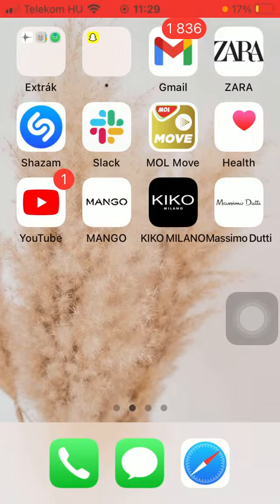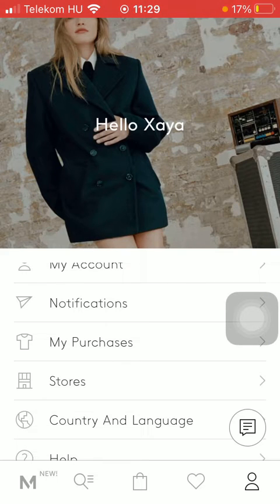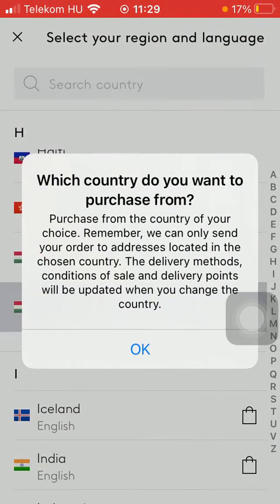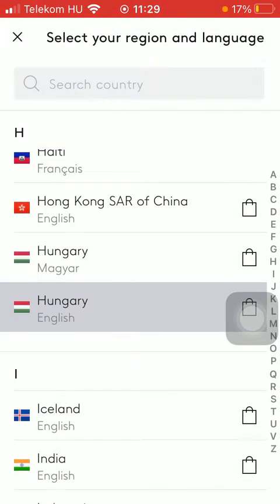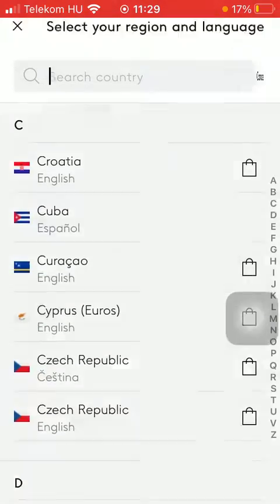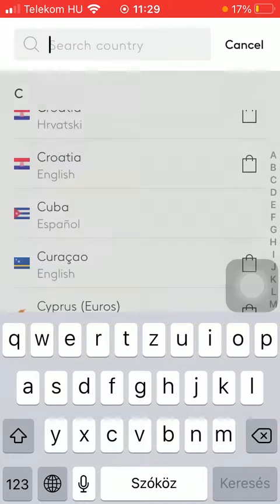First of all, open the application on your phone. After that, tap on the profile icon down below in the right side corner. Then you should tap on the country and language section. Here you can select the region and language, so you can either type it into the search bar to save some time, and then you should